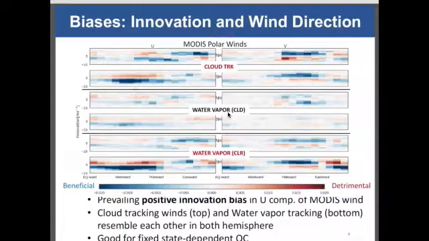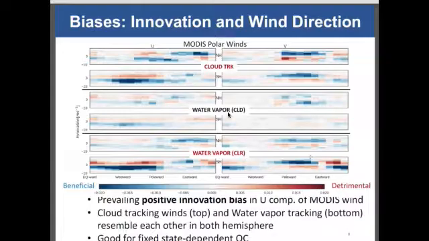We first discovered this kind of innovation bias. We noticed that there's a prevailing positive innovation bias in the U component in general. And then we found that this innovation bias actually depends heavily on the wind directions. For example, take this one. You can see from the westward wind, the detrimental observation tends to happen when the innovation is positive, whereas in the V component and the poleward wind, you can see that